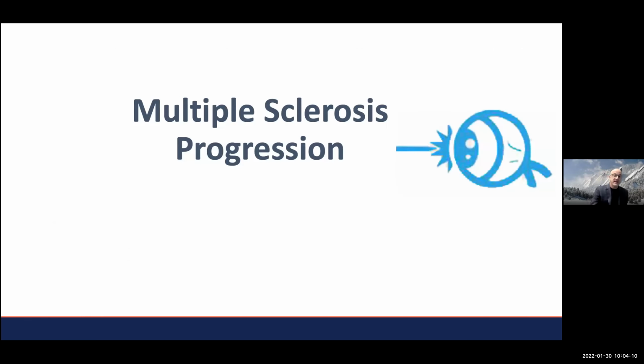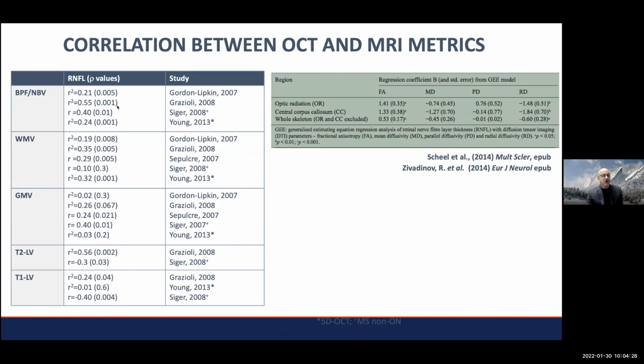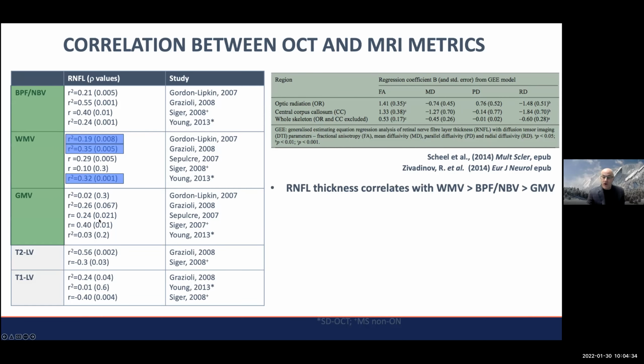Can OCT tell us about multiple sclerosis progression? We've known for quite some time that retinal nerve fiber layer loss correlates with brain atrophy. That is, OCT is correlating with measures of both white matter and gray matter atrophy in MS. As shown in the multiple studies on the left here, RNFL thickness correlates, interestingly, with white matter volumes more